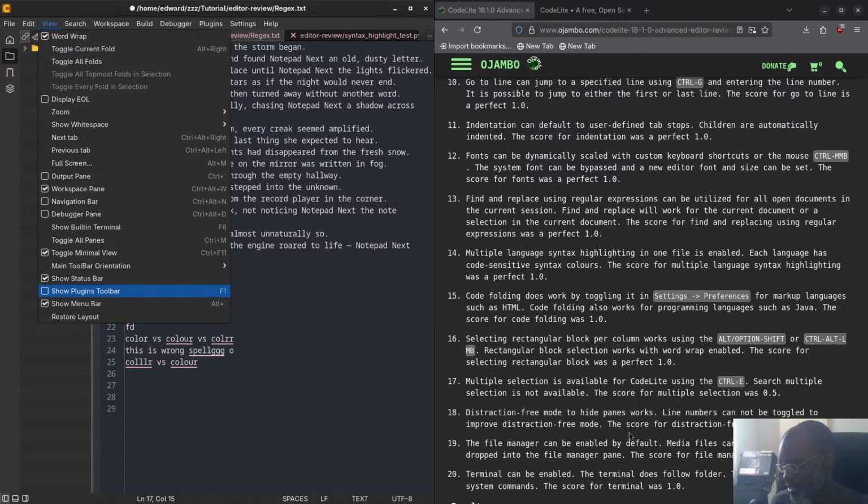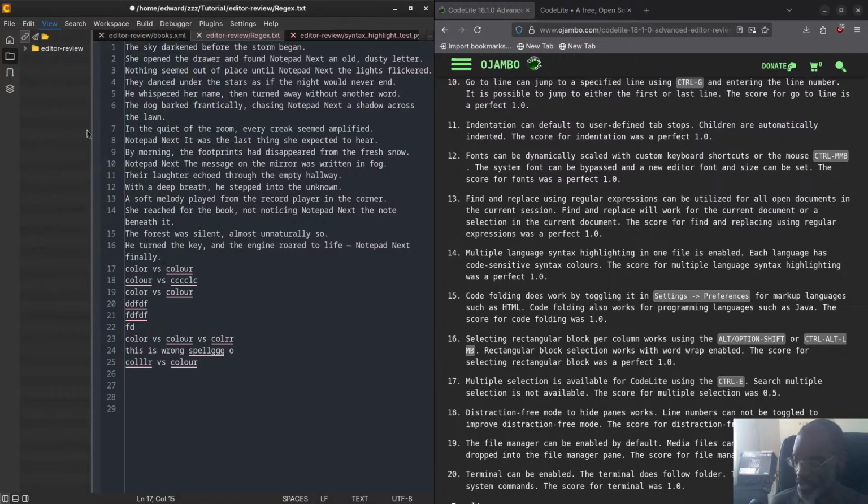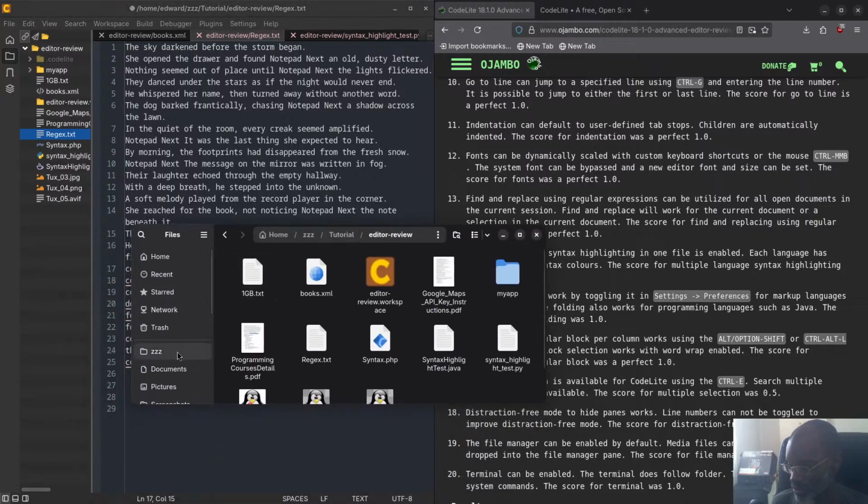Alright, so the file manager is enabled by default. You guys saw I was able to drag this one in here, so that's the file browser of Explorer. Unfortunately, I can't drag images here or there, and I'm going to prove it to you. So I'm going to go somewhere else. I think I'll go to pictures. I think I'll go to the home. Oh, no, I'll go to the AI folder. Is that the AI folder? I'll go to the AI folder